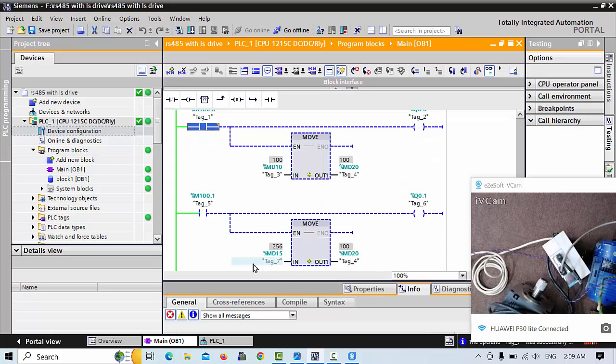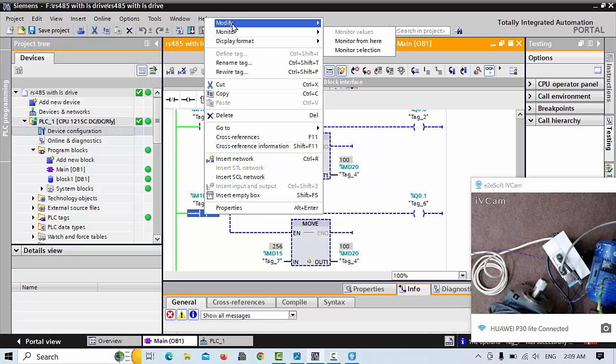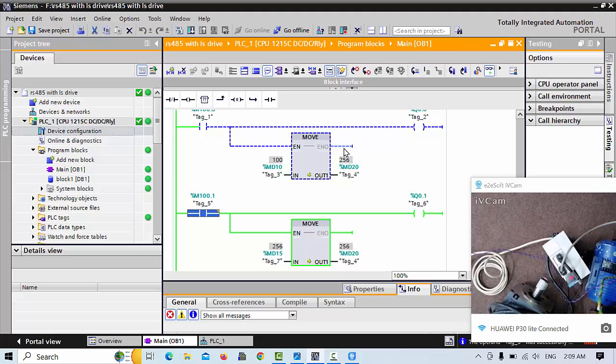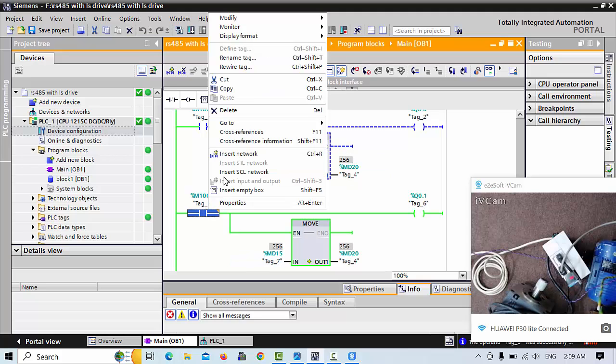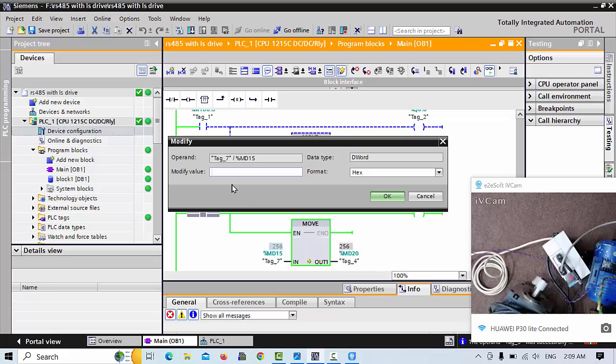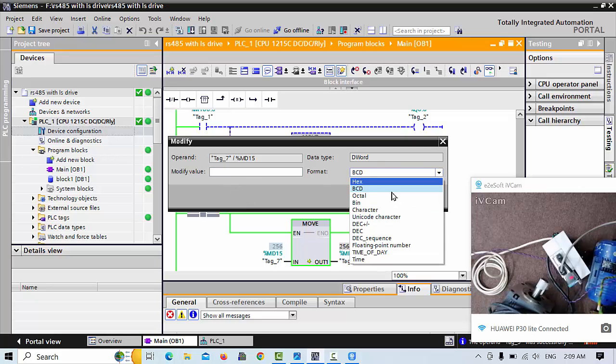It seems like okay, 256, but the speed will be a little different. Make it on, and your speed will be running at 100, right? And when you write it here, change the speed in decimal,